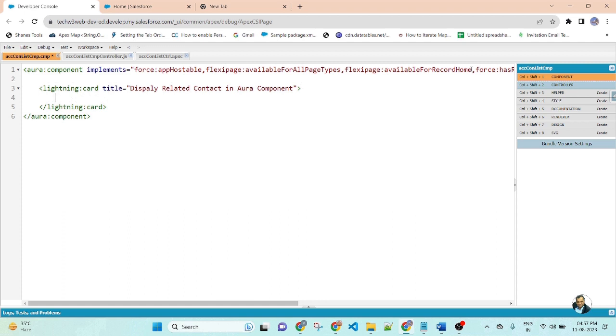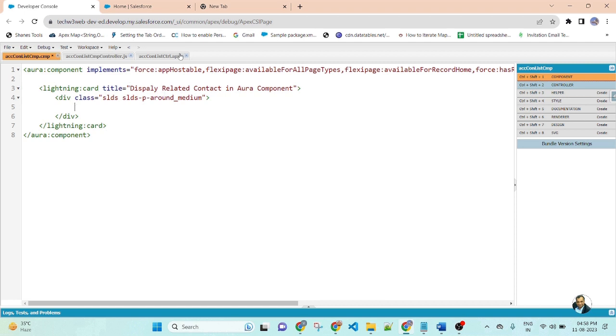Inside the card, I will use a div with class equal to slds-p-around_medium. The list of accounts will be displayed automatically whenever this component loads on the page.